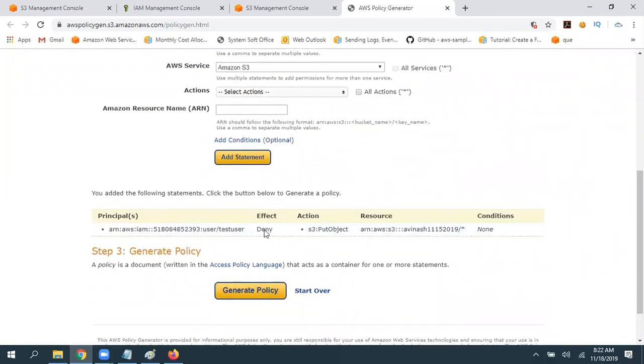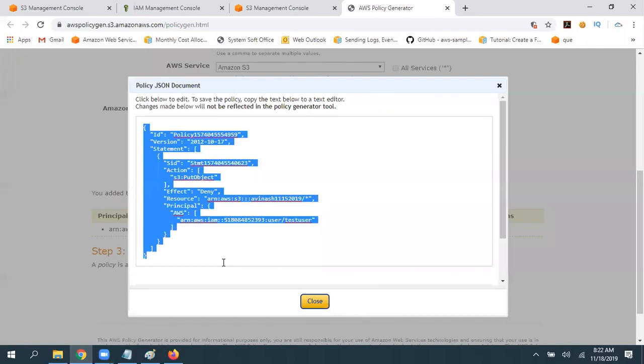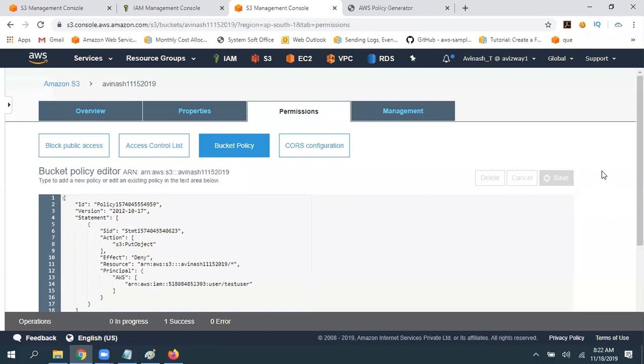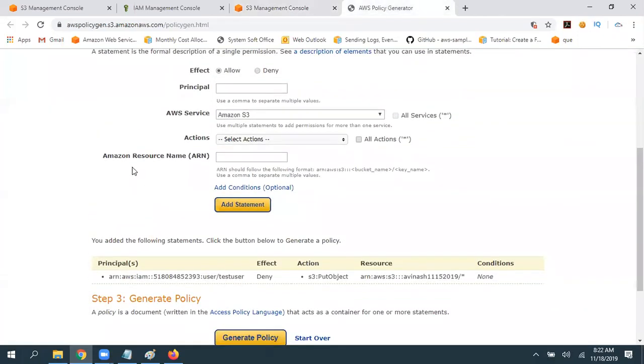Then once I'm ready with all these things, I'm going to generate a policy. This is a policy we have generated. Copy that policy, navigate to this bucket, apply that here, click on save. So if you are getting any errors here, that means you are making some mistake at this level. Simple. You are making a mistake on this option. Either you are giving slash star unnecessarily or you are missing slash star for the selected operation. You just need to check that mainly.